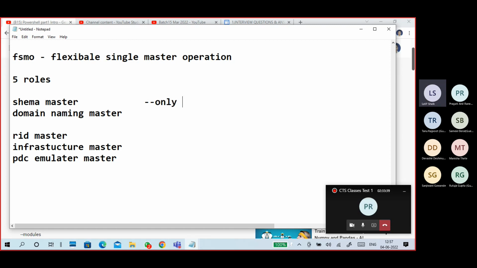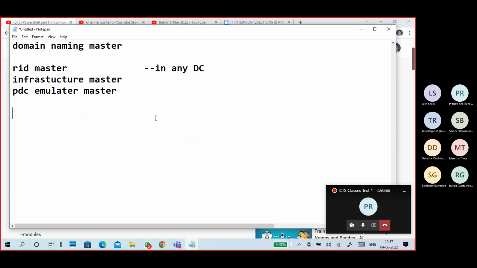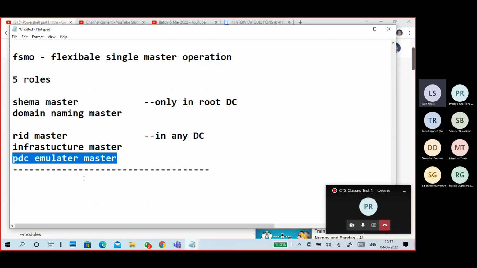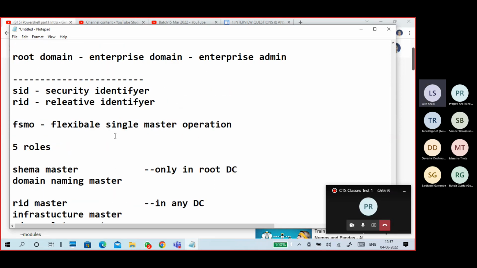These 2 are only in the root domain controller. In any domain controller, mainly PDCs. No, we don't go into much depth. There is a very good point here: where the PDC emulator master is, that is your PDC, primary domain controller.